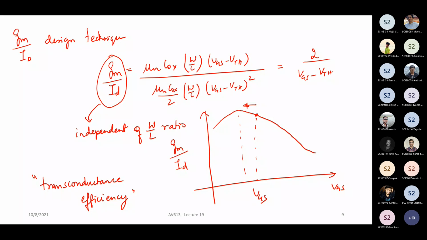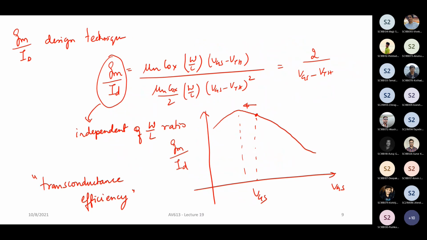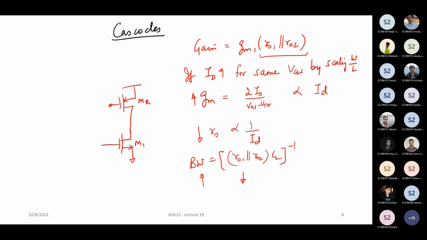That is another way to design. Okay. Now in all these things, what is happening is there is a fundamental limit. You can see that the gm by ID kind of tells you there is a peak value. Beyond that, you cannot go for a simple common source amplifier like this. Now, if you really want to increase the gain even further, we saw that by increasing gm, you can only do to a certain extent by scaling, by changing VGS. If you change the W by L ratio, the gain will remain constant, because of this particular thing.